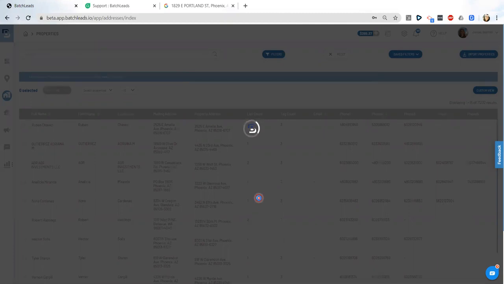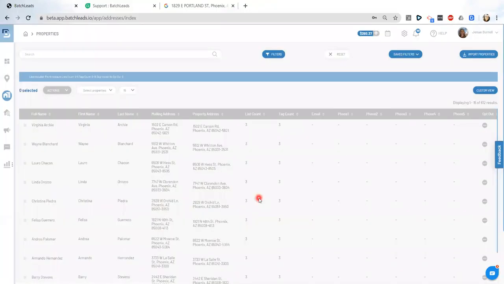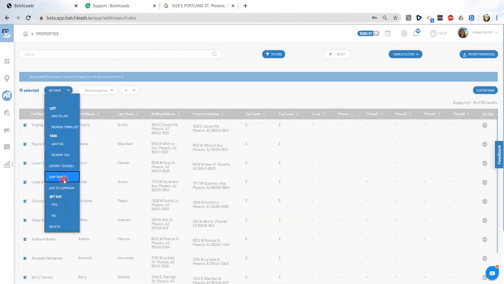So again, it's super nice. The system doesn't allow duplicates, so it's going to help tremendously with not skip tracing the same property multiple times. And it's on a pay per hit basis, so you're only paying for the information that comes back. So I'm just going to select, I could select all. I'm just going to select what's visible, so these first 15 records. As you can see, there's no phone number. So from here, I'm going to click action, skip trace,